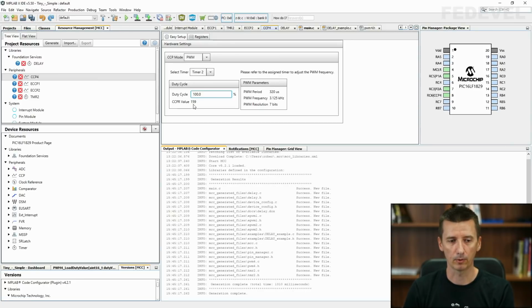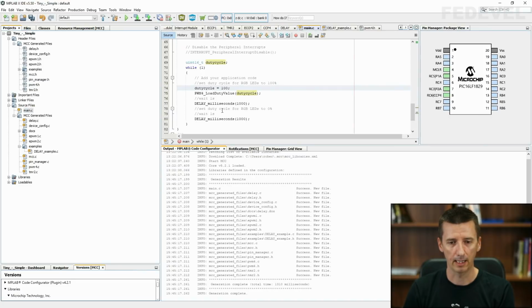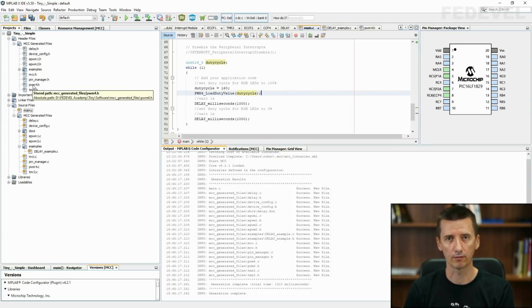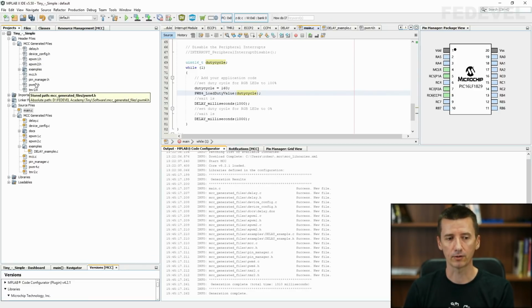So I'm going back into main C, and I'm going to set this to 160. Okay, you understand everything what we did? Based on the header files, we figure out what kind of functions we can use to control these specific modules. And inside of the PWM header file, we found out that the function what we would like to use is this load duty function.